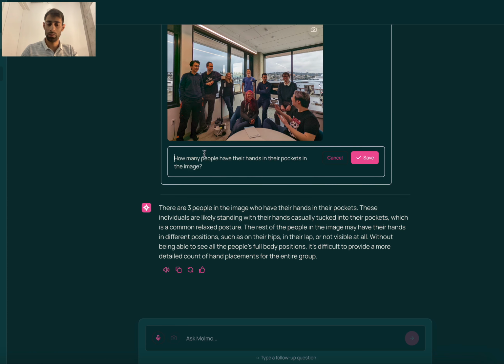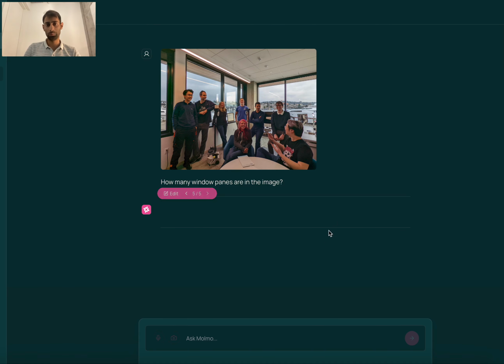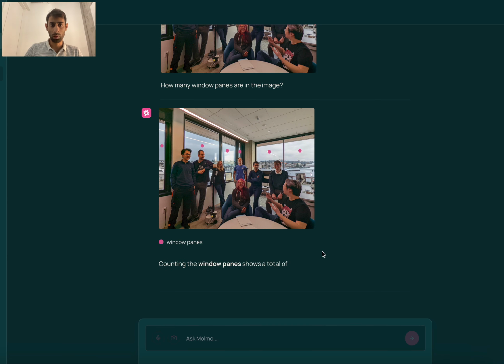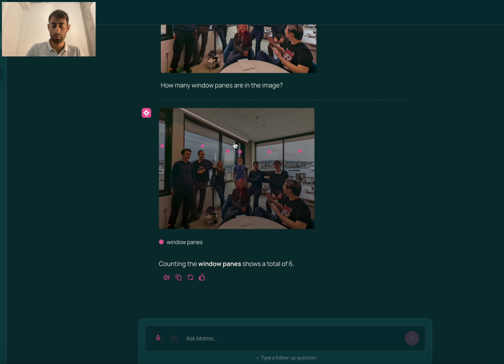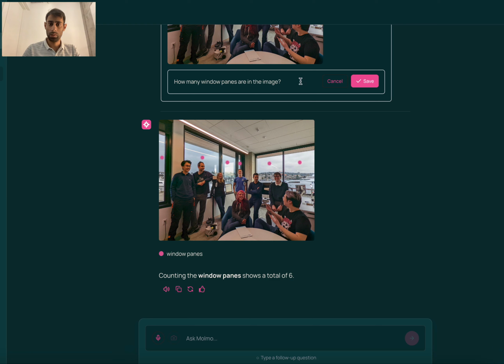How many window panes are in the image? Okay, let's see how it does on this one. So it says counting the window pane shows a total of 6. 1, 2, 3, 4, 5, 6. Yeah, that's correct. Let's see how many window panes are in the left